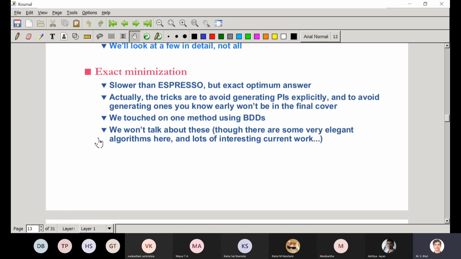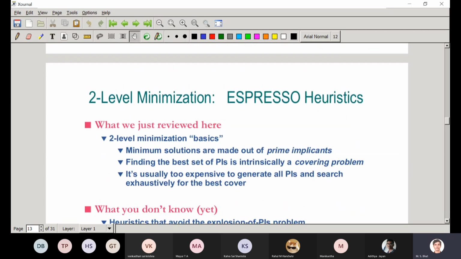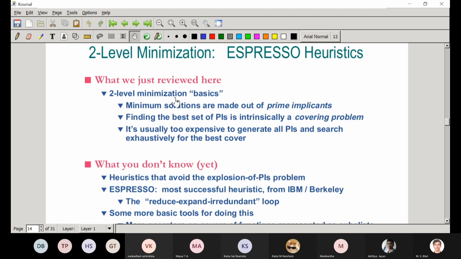Okay, and so that is the whole idea. You generate only a few prime implicants and try to refine the cover of the given function. So what we saw so far is two-level minimization basics.